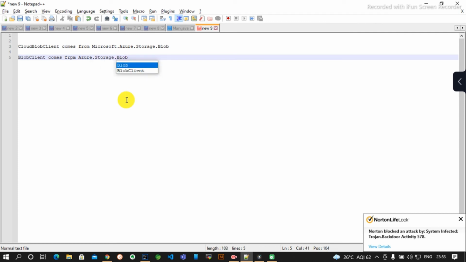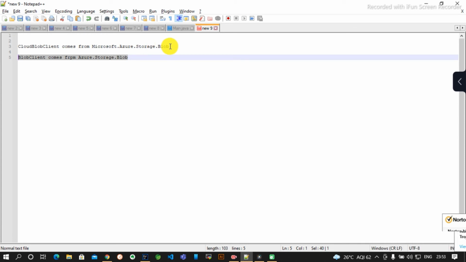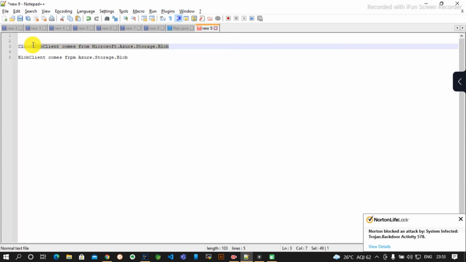So basically, Azure dot storage dot blob is the new version, and Microsoft Azure storage blob is the old version. In the new version, the Cloud Blob Client is not there. Instead of Cloud Blob Client, it is renamed to Blob Service Client. So if you want to use Cloud Blob Client in the new version, then you have to use the Blob Service Client.